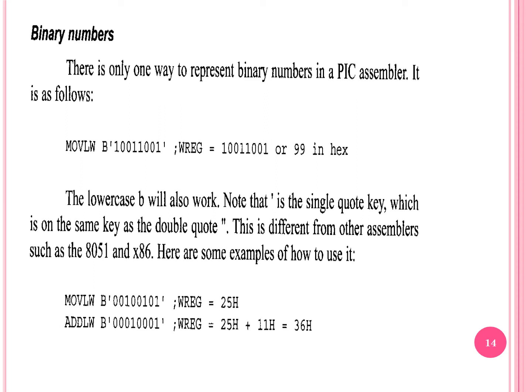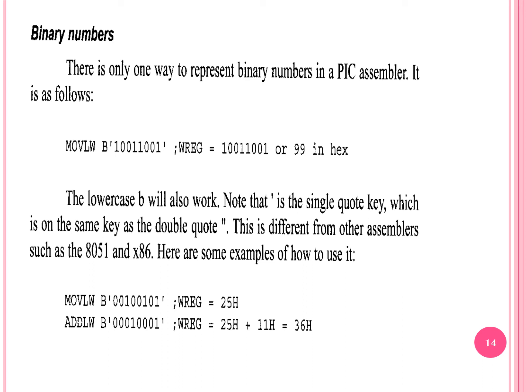Now binary numbers. Here there is a simple way: you have to attach B, MOVLW B, single quote, and whatever binary number, byte, is there, you write there. That is WREG containing that particular number. The lowercase b will also work, no problem.